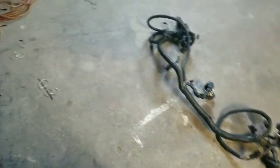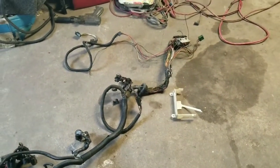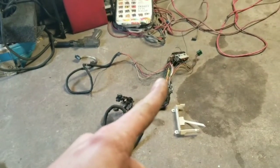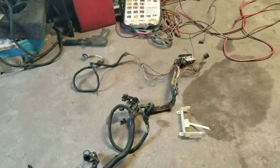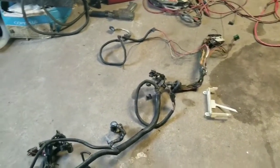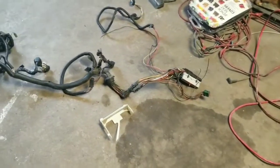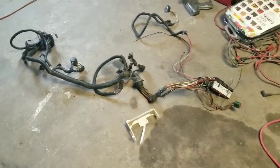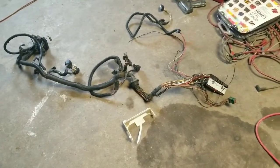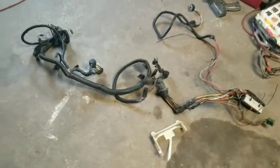I did have to pull it a little bit and then get inside the car and push the computer connector over here, up where it needed to go so it followed the right path, because it was trying to go behind the heater box. And that's what I mean by don't just unhook it and start ripping on it, because you're either not going to get it out because it's going to get wedged behind the heater box and then be a huge pain, or you're just going to start slicing into all the wires, which is,